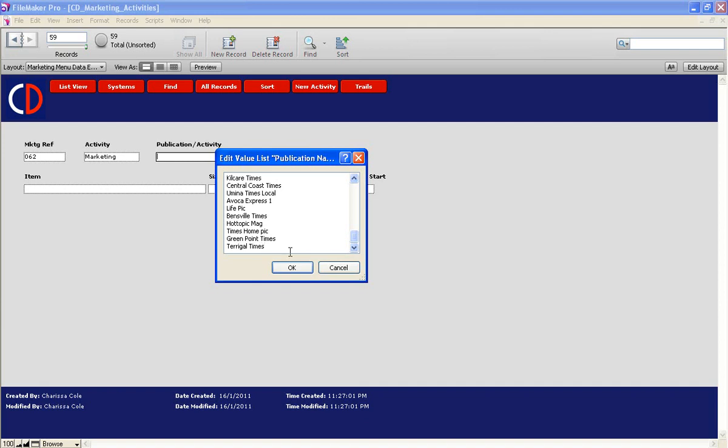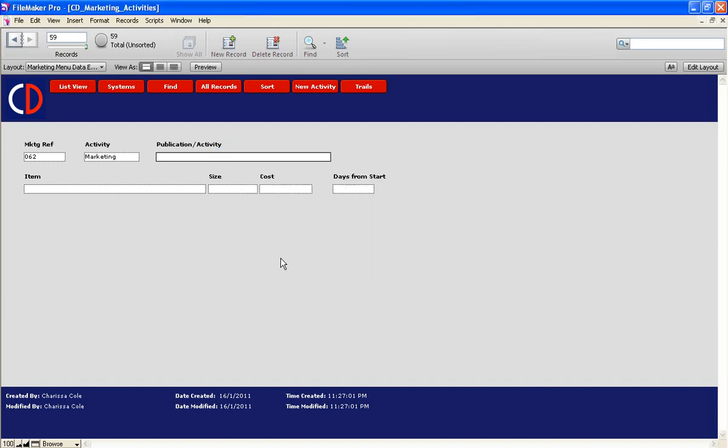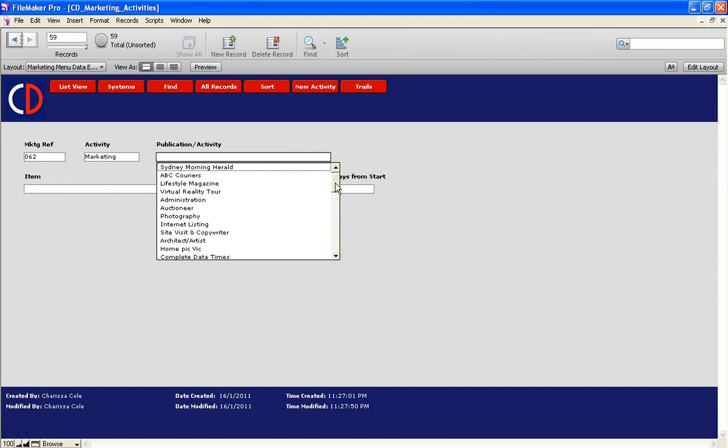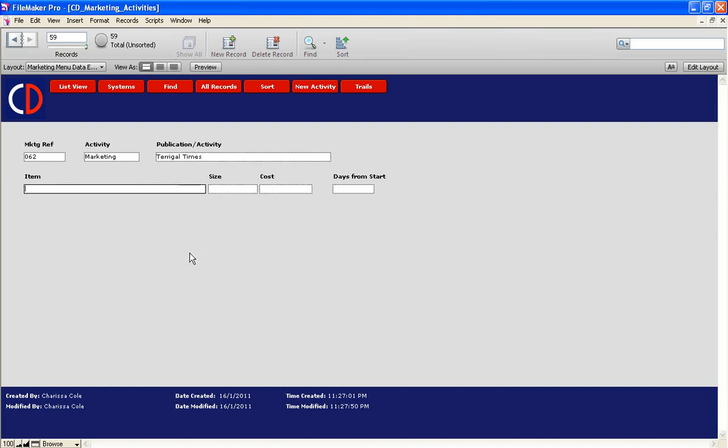So we may be applying Terrigal Times and hitting OK, and this will always appear in my drop down list for me. I can scroll through and it should be the last one which has been actioned. Select on the population information and it's generated in here for me. Item. My cursor is flashing in the item area, so I can now put in here